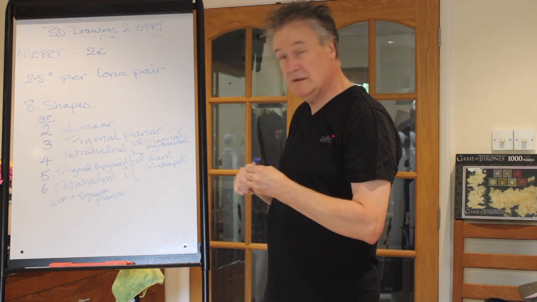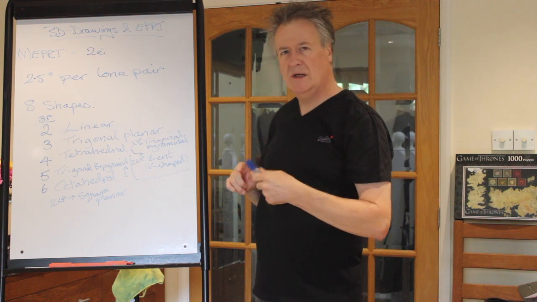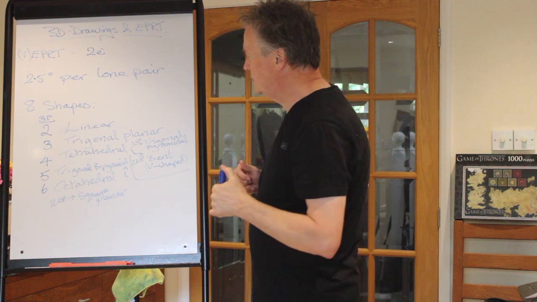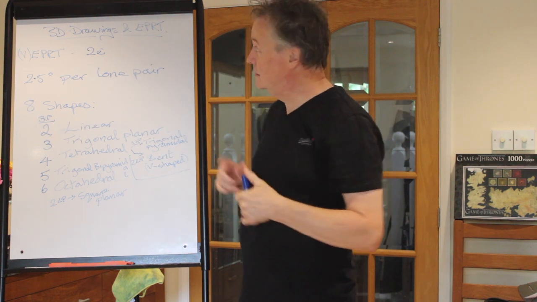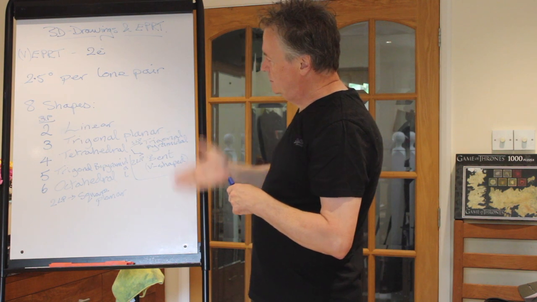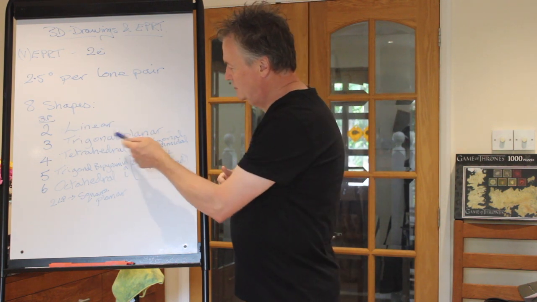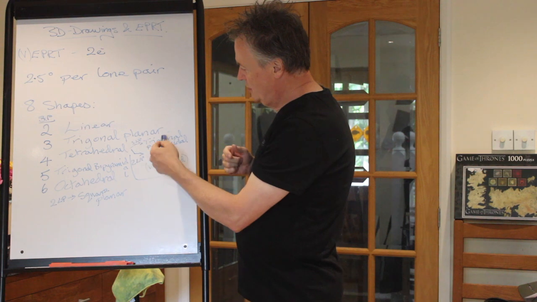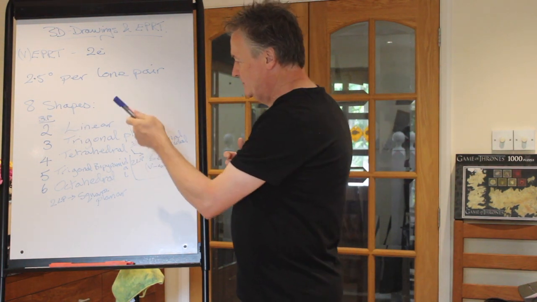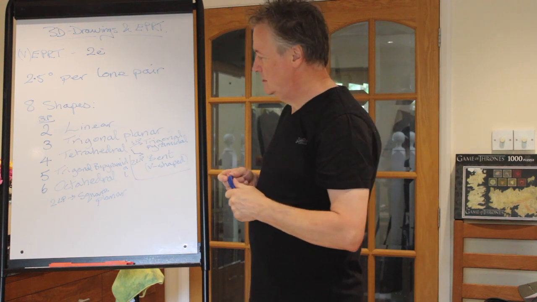Square planar is the 8th shape at A level. Tends to crop up a bit more in year 13 when you start talking about transition metals, but that's a little early because we're here for year 12. So we have 8 shapes: linear, trigonal planar, tetrahedral, modified into trigonal pyramidal and V-shaped or bent, Trigonal Bi-Pyramidal, octahedral